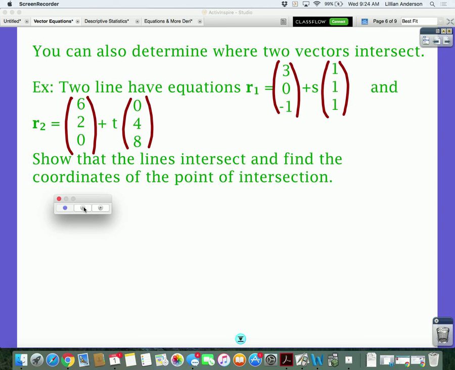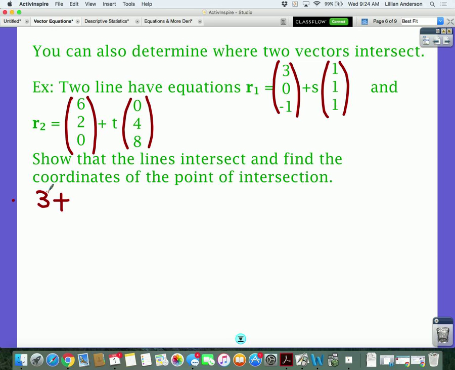Now, if this was just a regular linear equation, two lines, how would you figure out their intersection point? What would you do? You set them equal to each other. And you do the exact same thing here. You set the two vectors equal to each other. So that means, the way they're written, like before, remember how we did the three equations